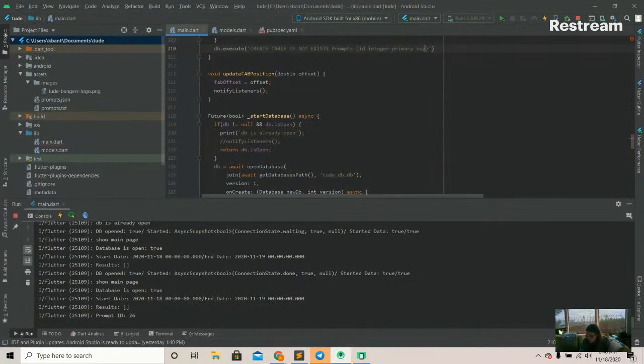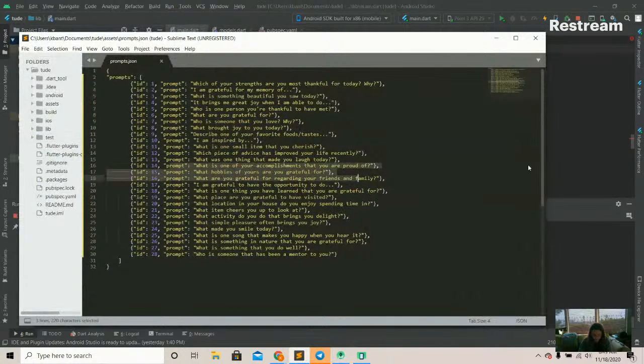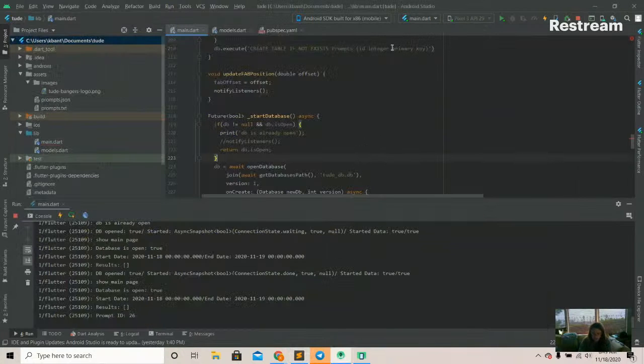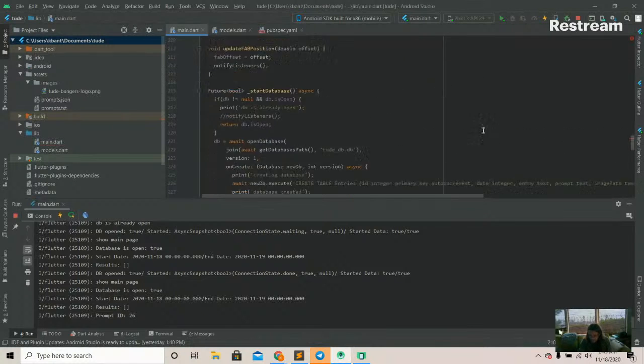not auto increment. So we do want that to be the primary key, but we don't want it to be auto increment because we're going to be feeding it the IDs from the JSON file so that we can match on the ID. The auto increment would break that because it would just try to start at 0 or 1 and then just keep incrementing it as we add new. And we want to be able to actually put in the ID that corresponds to the JSON file for the prompts. So we do want it to be a primary key so that we're not putting the same prompt in twice, but we don't want it to be auto increment. And then we're just going to get a prompt text